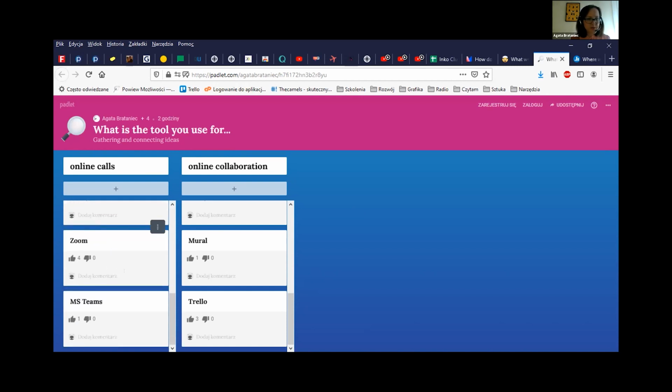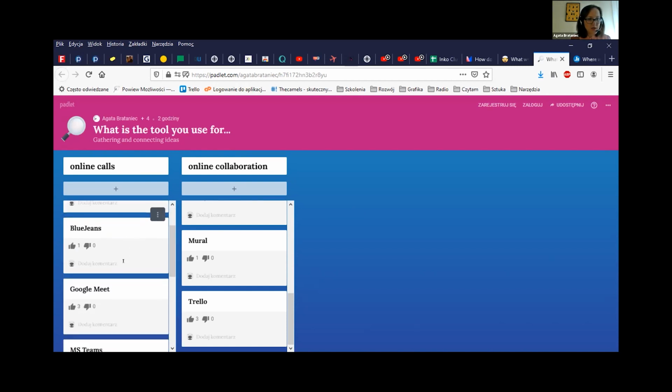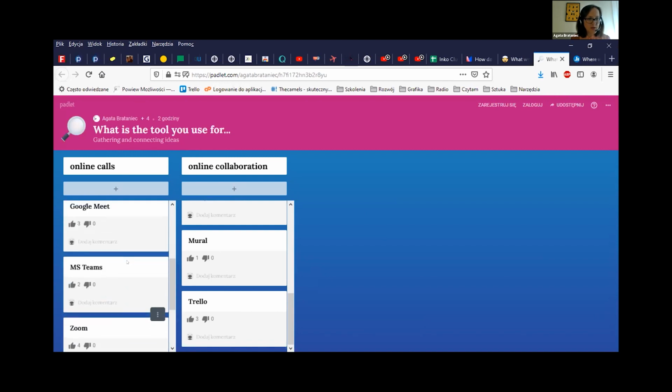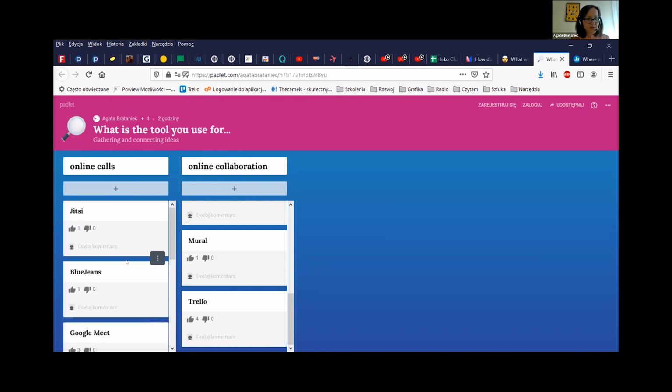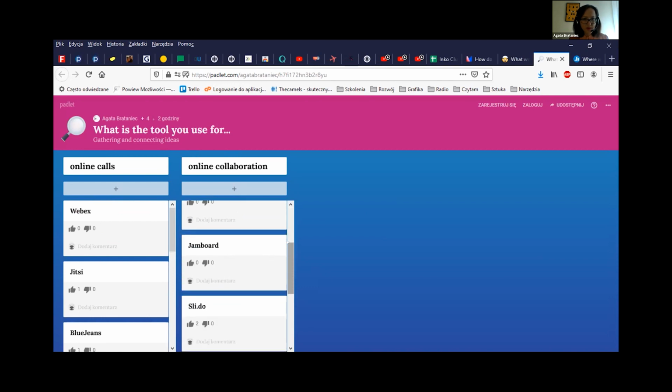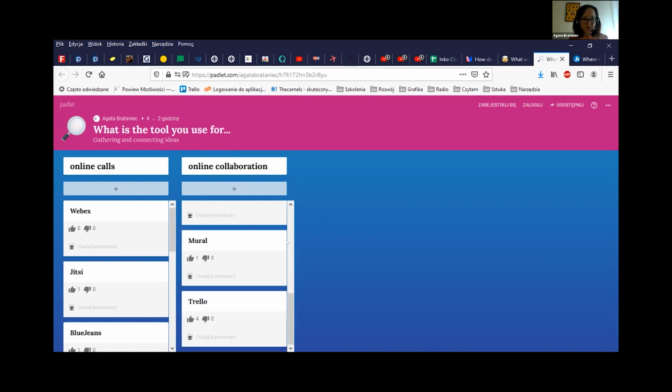Okay, let me see. Zoom is winning. Then we've got Google Meet, Microsoft Teams, that are the most used. And for online collaboration, we've got Miro, Slido, and Trello. Okay. And what you can do here, you can comment on those post-its, and I will add